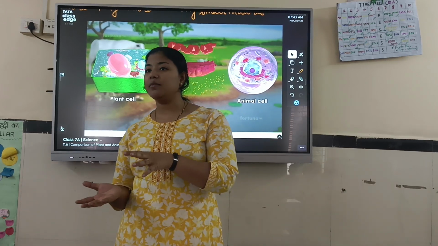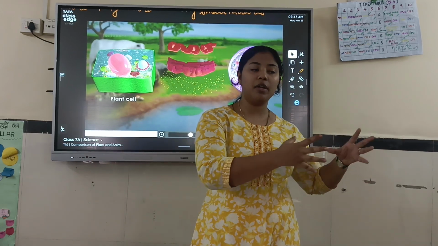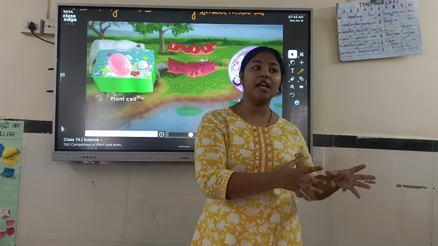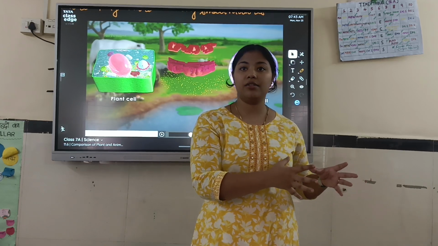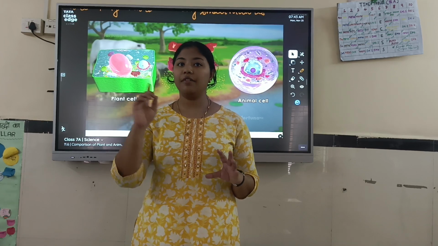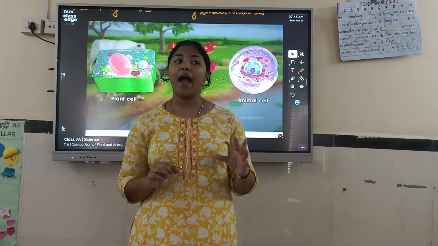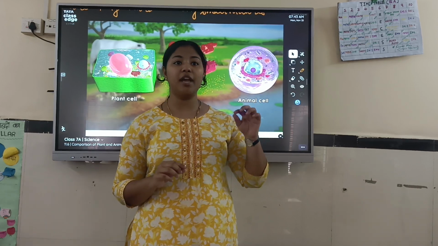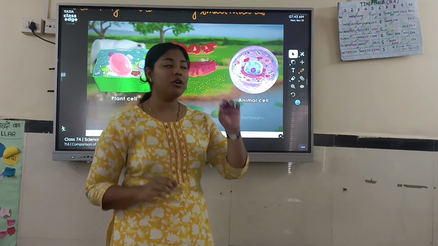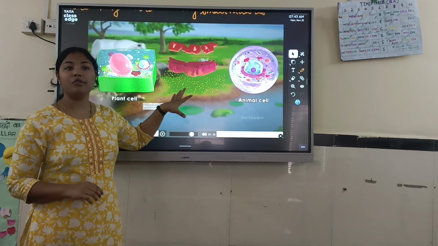From the endoplasmic reticulum, it is then taken to the next organelle which we will be studying further, known as the Golgi apparatus. Okay, so we have folded structures, a lot of sacs, multifolds, which is known as the endoplasmic reticulum. And on the endoplasmic reticulum, we have yellow color small dots shown in this figure. They are the ribosomes.